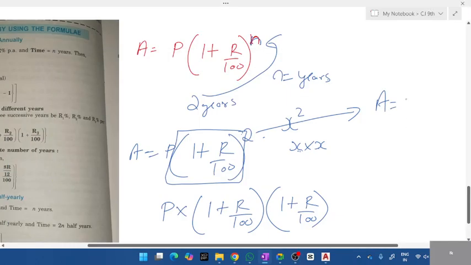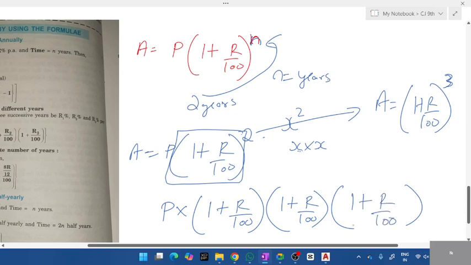Okay, if n was 3 years, the formula for this is 1 plus r divided by 100 to the whole power 3, cube. So here, watch how many times I have to multiply this. If it is 3, how many times? 1 plus r by 100, how many times? 3 times. And rate, if rate is 10%,